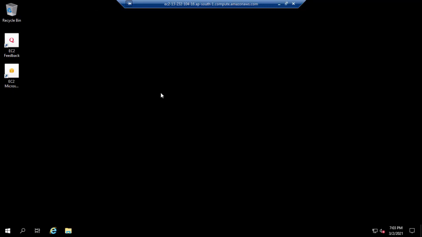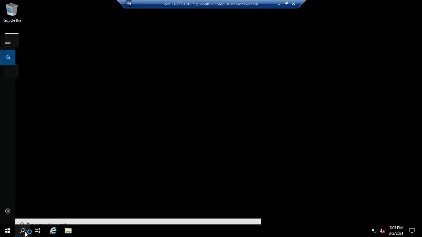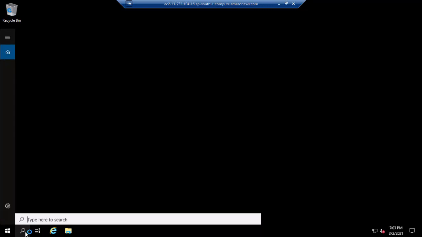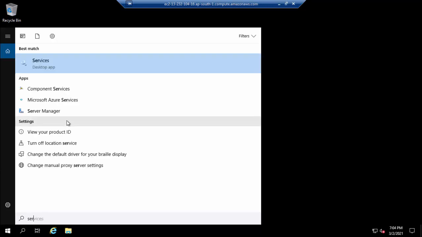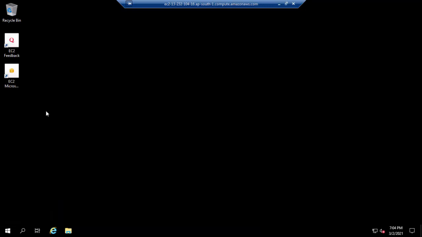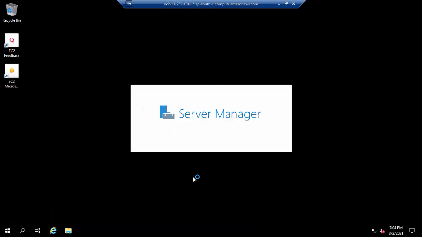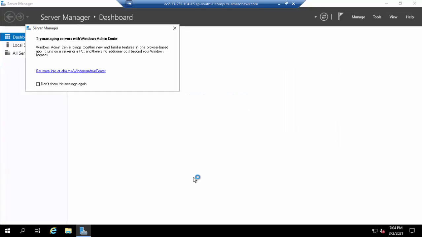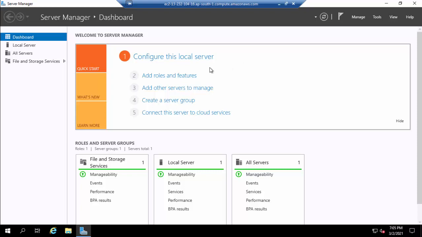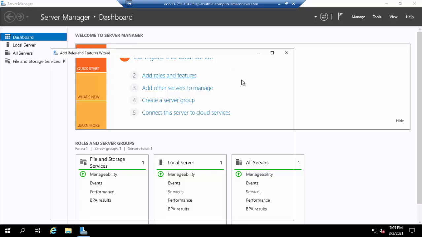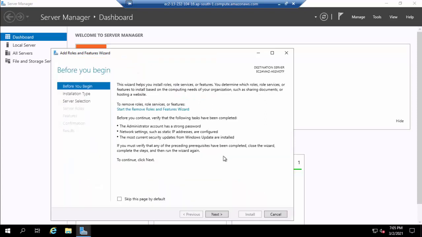Now the next step is we have to install the IIS web server, and for that you have to search server manager. You have to just click on that. Then click on add roles and features. Then you have to click on next.